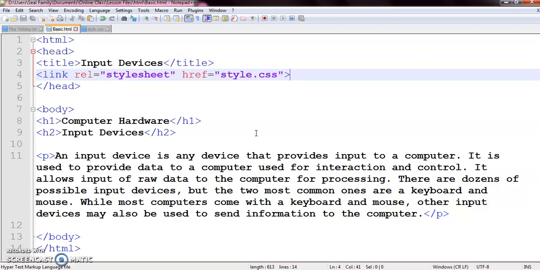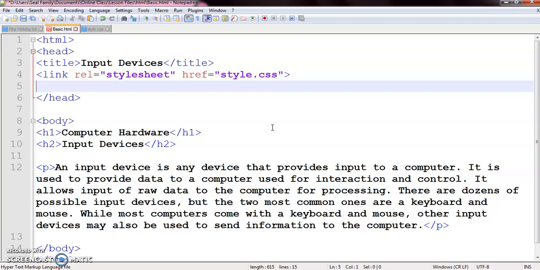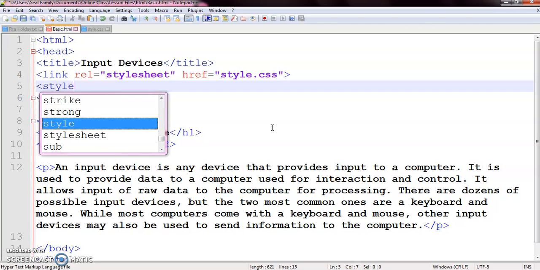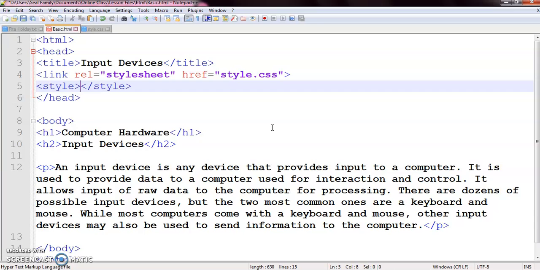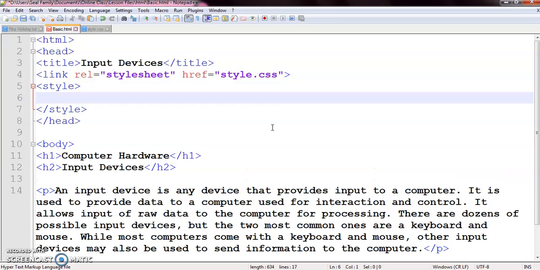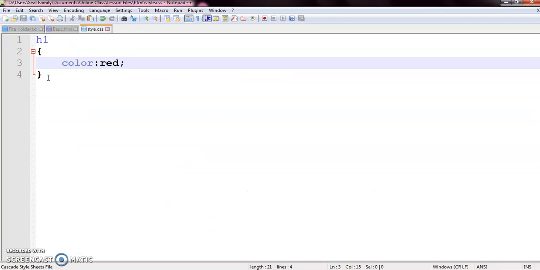So this was the first rule using which you can write the CSS code. The next one is the internal style sheet. Now internal style sheet code is written inside the HTML file. You can write this using the style element inside the head tag. So the style element is used to write the internal style sheet. The writing procedure of the code is the same as the external style sheet. So it will be like this.